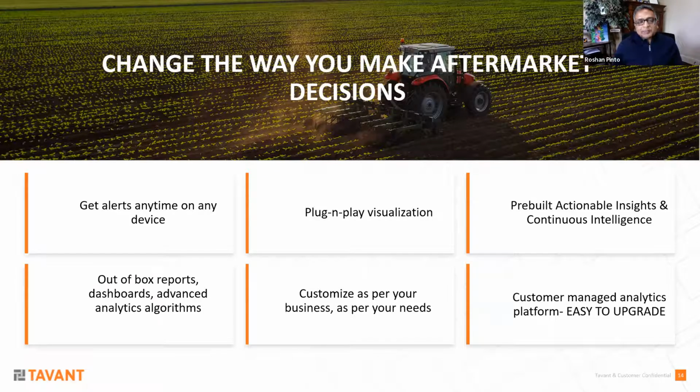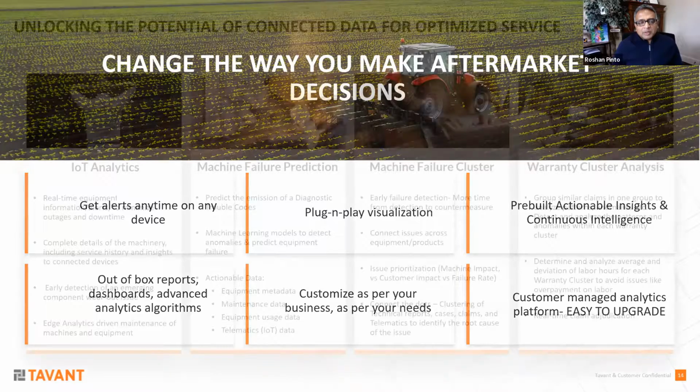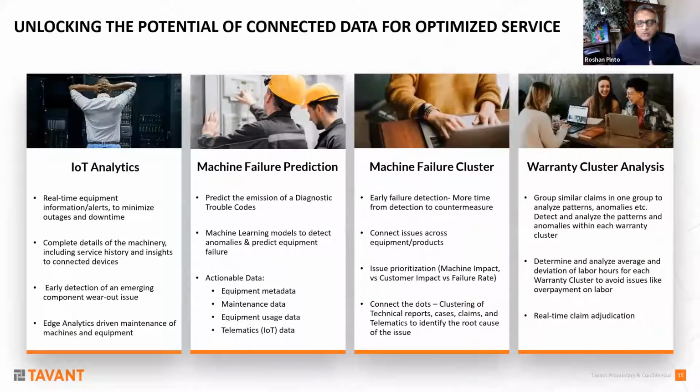Moving on to the next slide, we see just a snapshot, a view of some of the critical things we are seeing with our larger customers. Just focusing on one or two of these areas. IoT, while new and still gaining momentum, is now a primary focus area for a lot of the customers we are speaking to, right? A lot of this data coming in and its ability to drive early warning, drive predictive analytics is going to be more front and center, we believe, for any customer, any OEM that is looking to